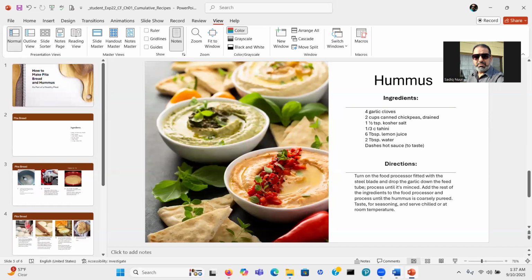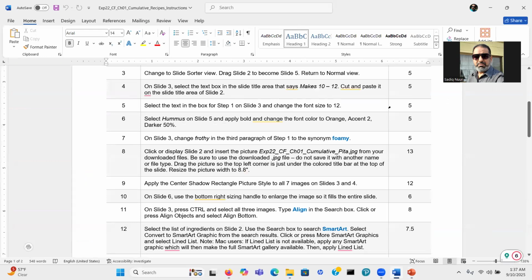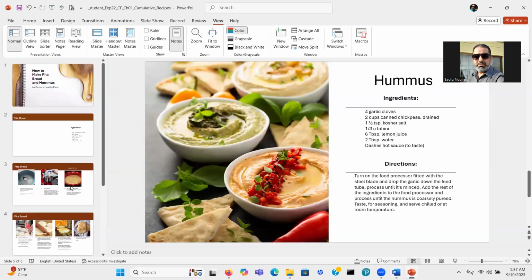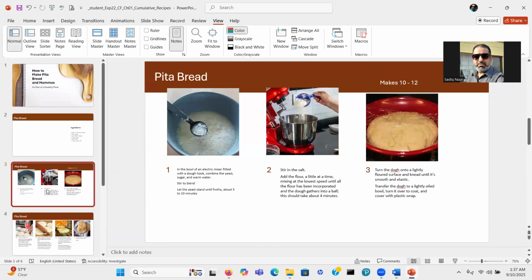Now, next, on slide 3, select the text box in the slide title area that says Make 10 to 12. We have to cut and paste it in slide 2. So we have to cut this. Select,